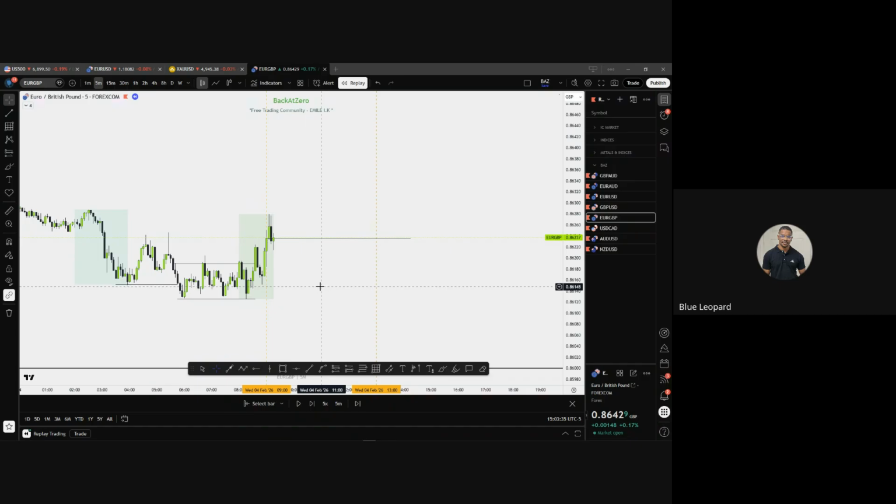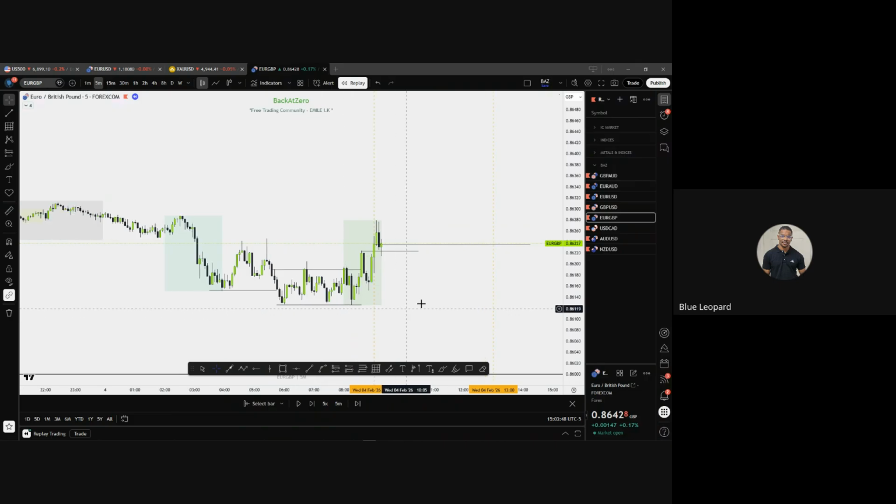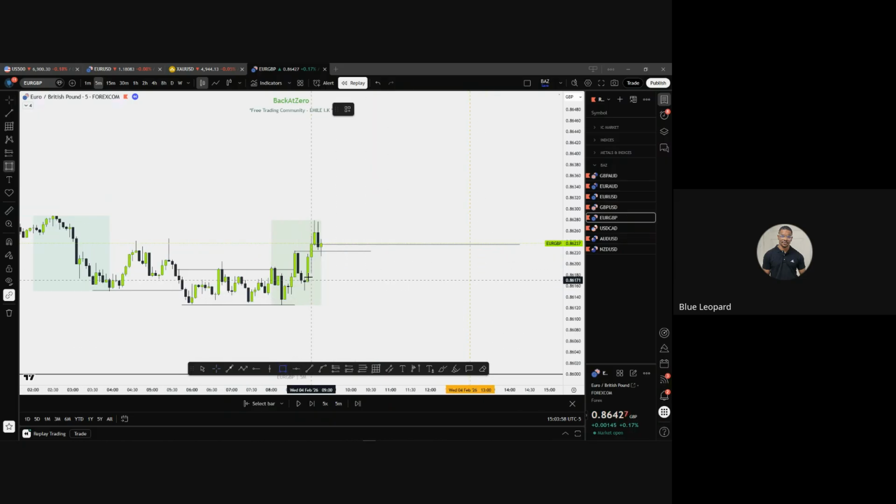I must be very careful because I know we broke structure here. That's going to be my entry. Simple. I can take my entry here and let it play out. I can also use a big number if I have one around. I have the 250 here, 250 somewhere around here. I can also take the fair value gap, whatever entry you test and you see that it fits your personality,